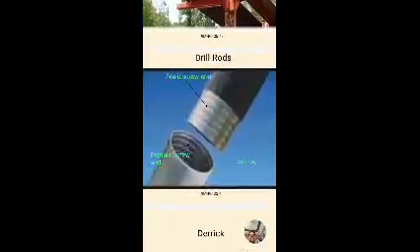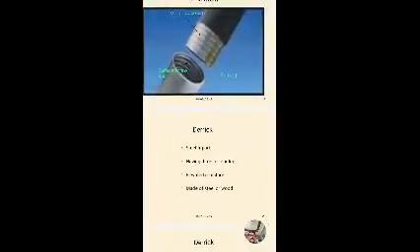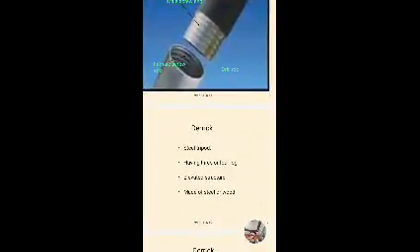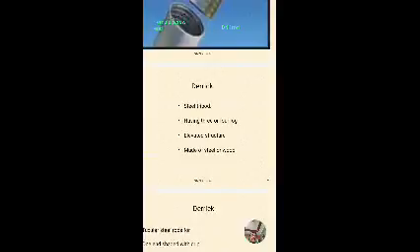Another tool required is the derrick. We also call it a tripod.